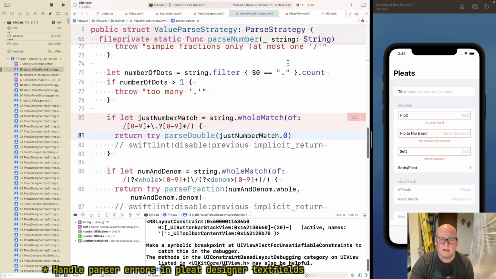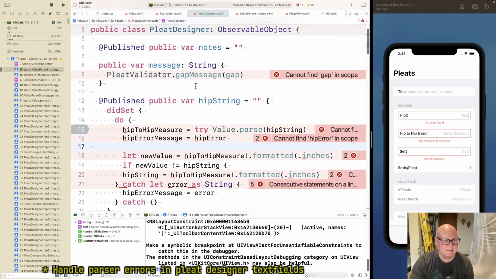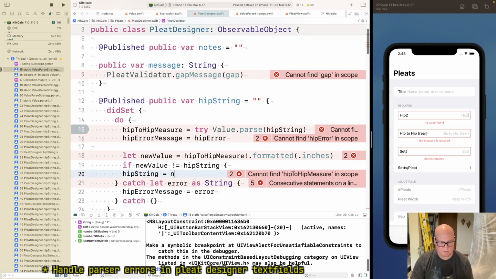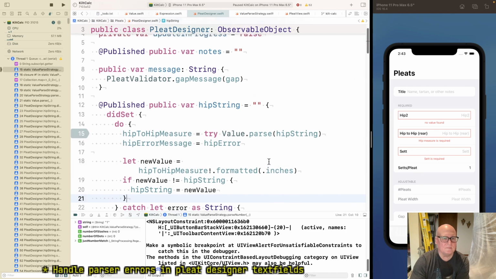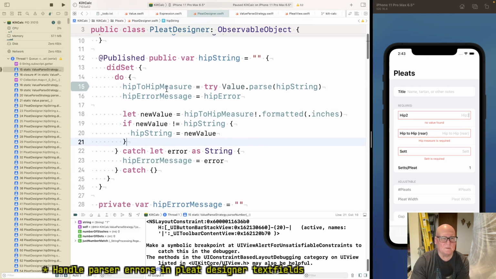Oh, he's finally crashing. Equals new value. Okay, so we update hip to hip.